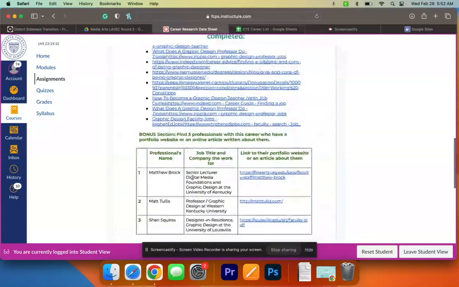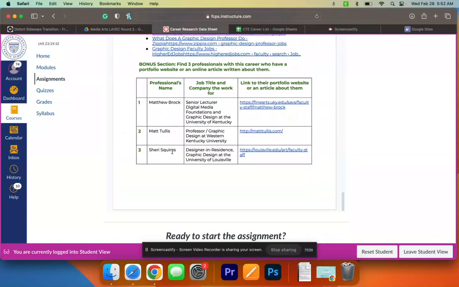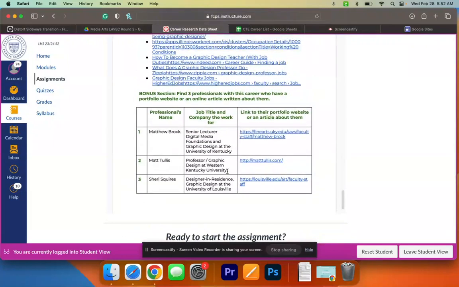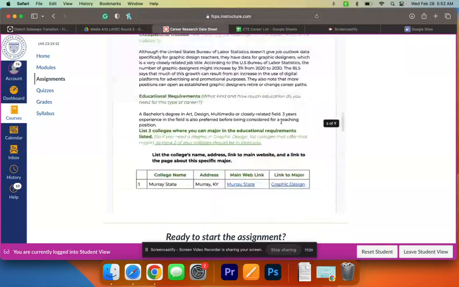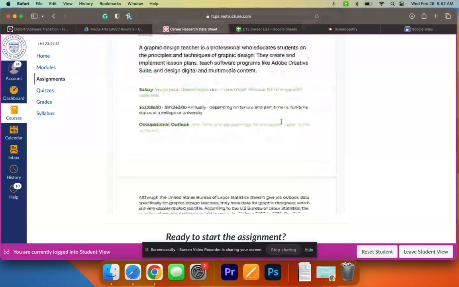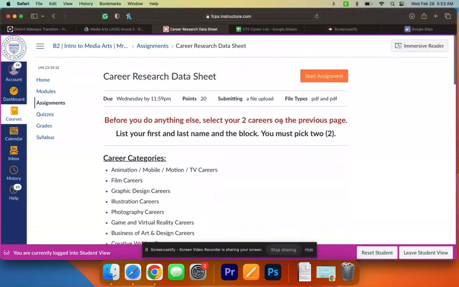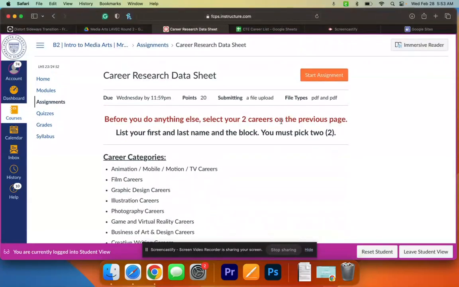If you would like to earn some bonus points, you can find 3 people that work in the career that you've chosen, and you can list them here. You can list links to their website and other information on what their jobs are, just so that people can find out more. But that's the only section that's optional. Everything else you've got to do twice, once for each career. If you have any major issues on Canvas, there is a help list where you can add your name to the help list. But if you can't find something right now,